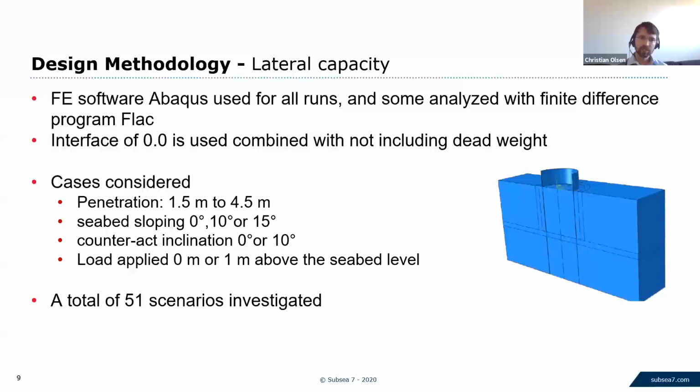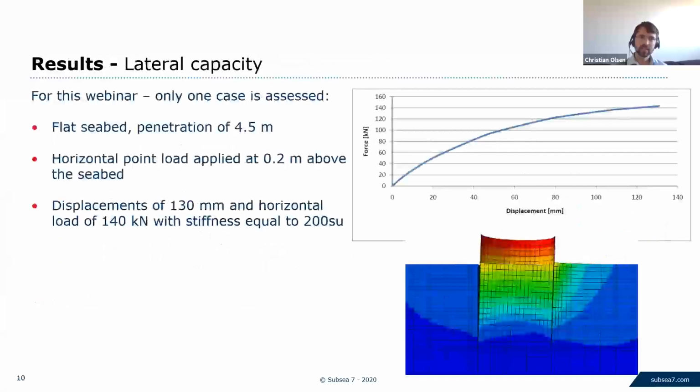We worked out the penetration would vary between 1.5 and 4.5 meters, and the seabed is sloping. So we also needed to include that in the analysis, and also the occasional case where one of the counteracts will be tilted installed. So we had many scenarios to be analyzed. In today's presentation, I'll only talk about the one case where we have flat seabed and the counteract has penetrated to 4.5 meters. The horizontal load is applied at the pipeline height, so a bit above the seabed,